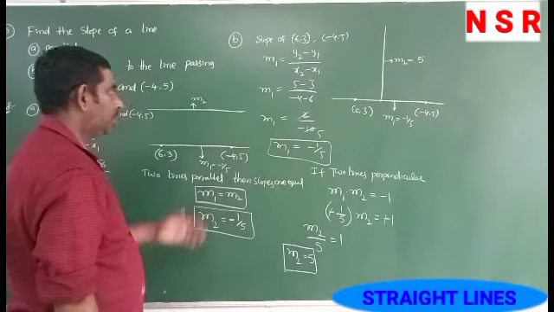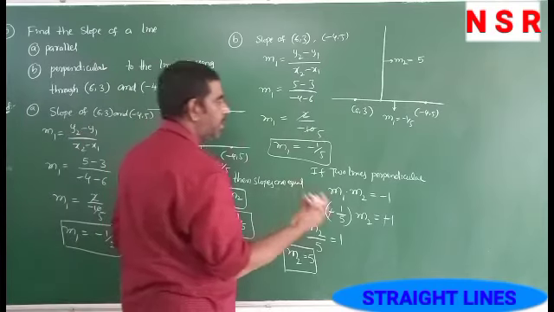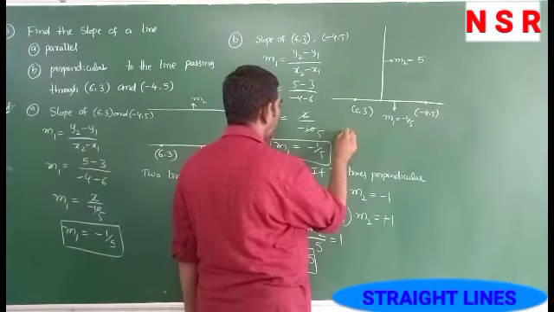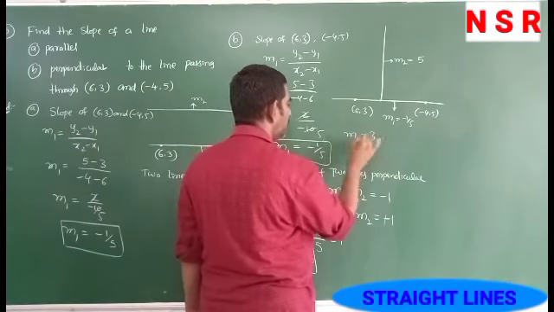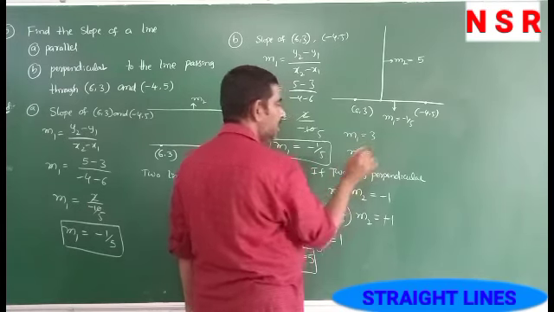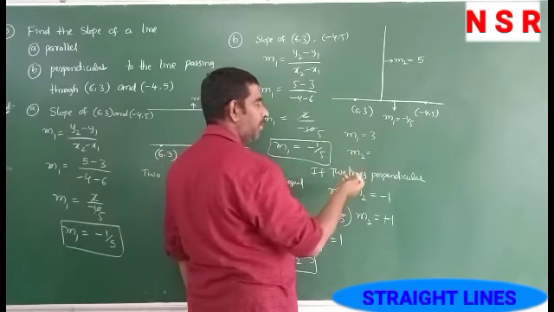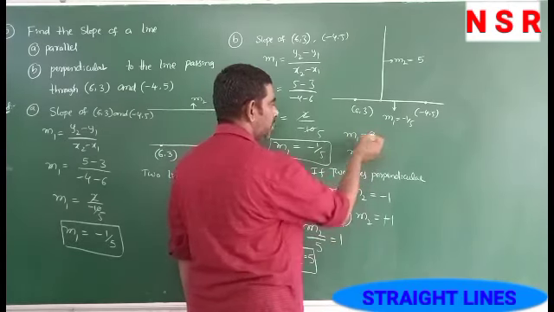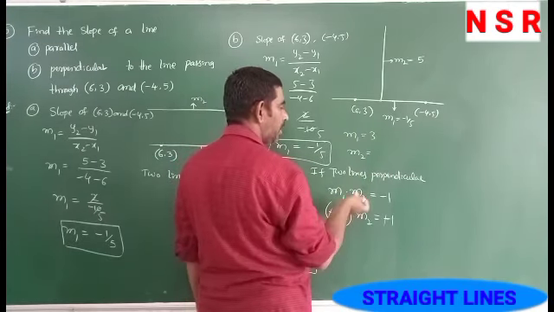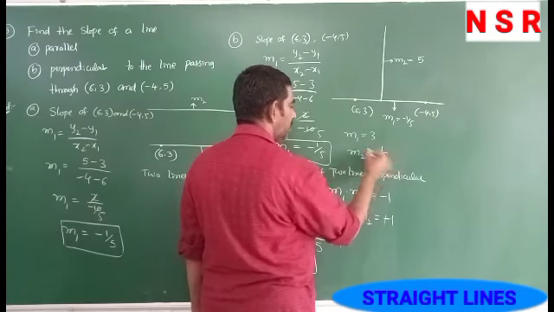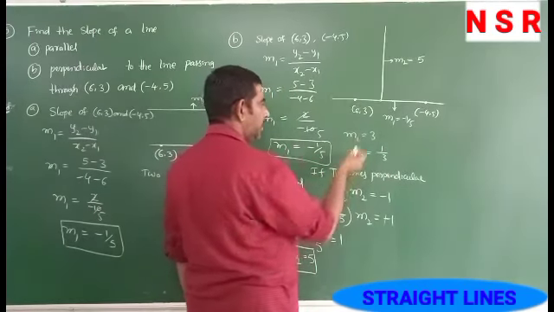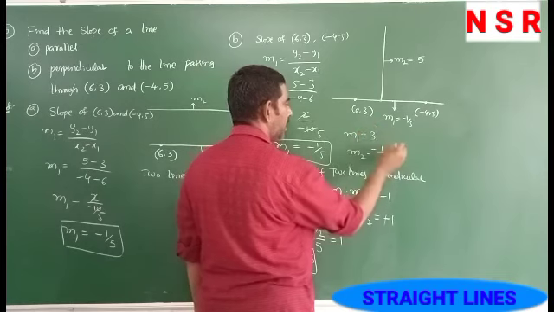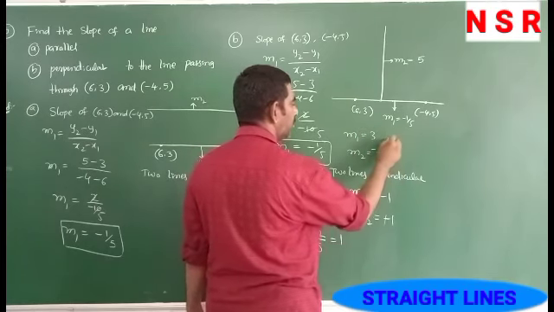Okay? So you remember here, if perpendicular slope, suppose one line slope is 3, the perpendicular line slope is, simply you reverse the number. If you have plus, write minus. If it has minus, write plus. Suppose m1 equal to 3, then perpendicular line slope, write first, reverse it. 3 reverse is 1 by 3. So here 3 plus is there, write here minus. So this is perpendicular slope.